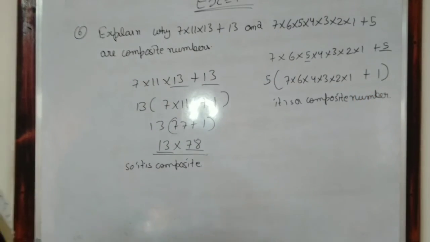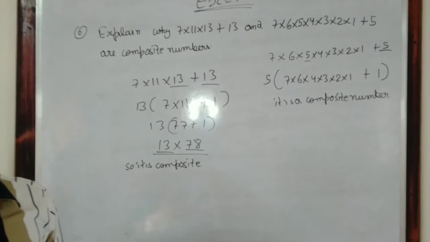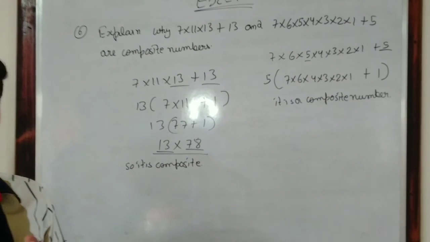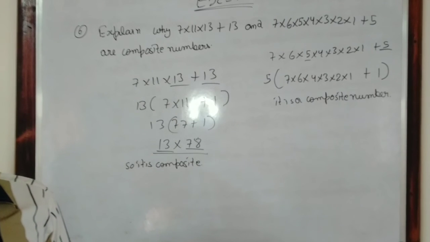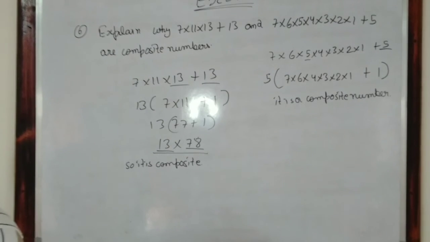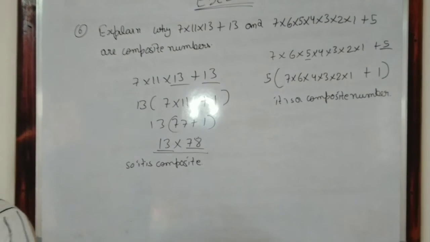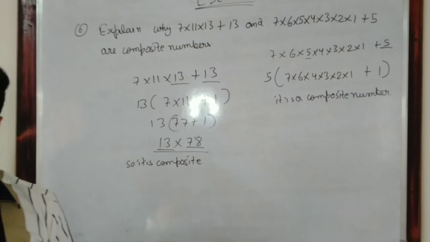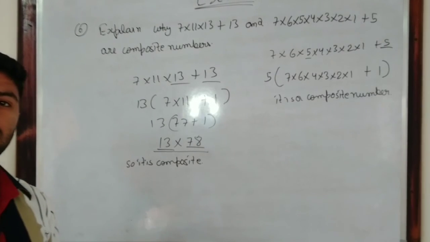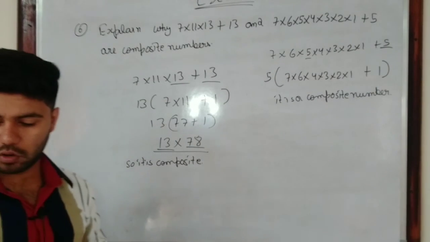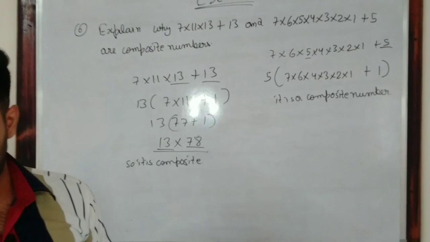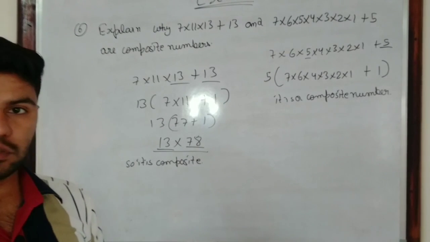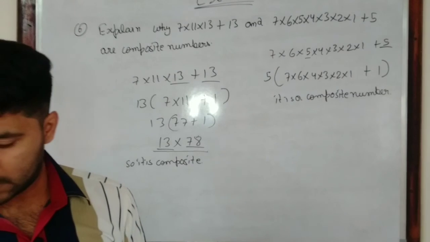So that's it, here exercise 1.2 ends, and in the next video, which I've already posted on YouTube, it is on root 2, root 3, root 5 or root n as an irrational number. How to prove this number as an irrational number. I have already made this video on YouTube, and I will share the link on your WhatsApp page or class page. So do check that video also.